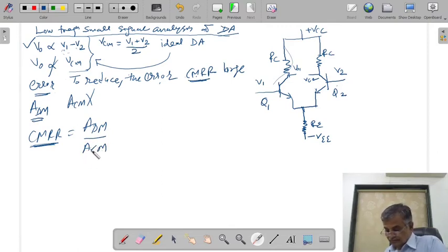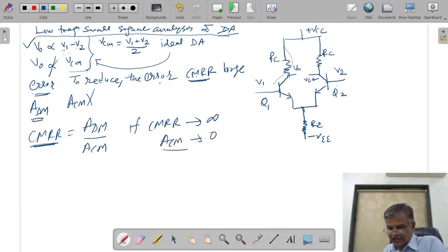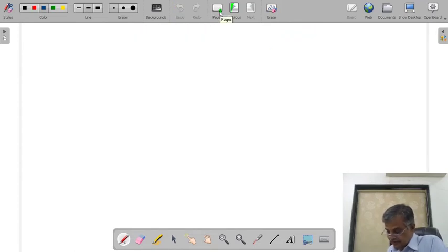So, we will see the hybrid pi model of this circuit. Let us discuss the hybrid pi model of the circuit. From these equations, it is clear that if CMRR is very large, then ACM tends to 0. If ACM tends to 0, then error tends to 0. So, let us see the analysis point of